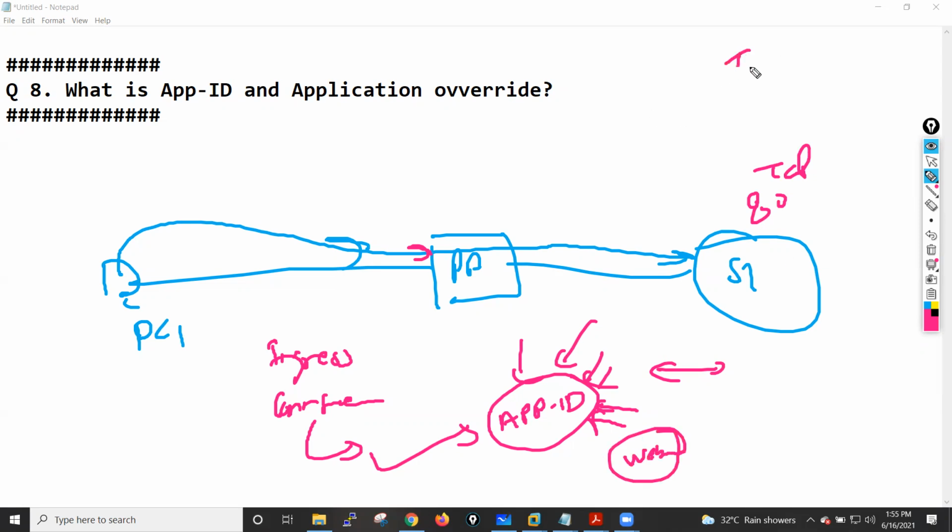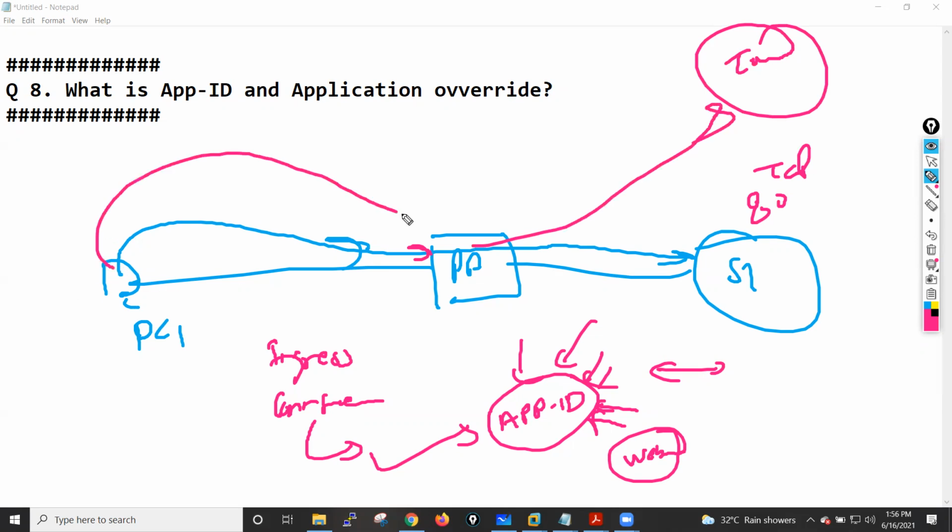Let's suppose we do have a torrent here. Let's say this PC is trying to access this torrent. In that case also, when my firewall sends this torrent traffic to the App engine, my application identification engine is able to identify, because it has enough intelligence to identify, oh, this traffic is related to torrent traffic. And by using this App-ID, we can control the traffic on the basis of applications, guys. Let's suppose we want to block the torrent traffic, we can block it right away.